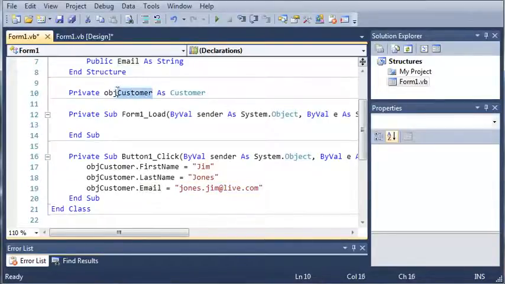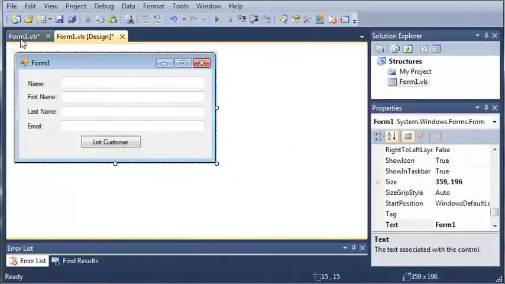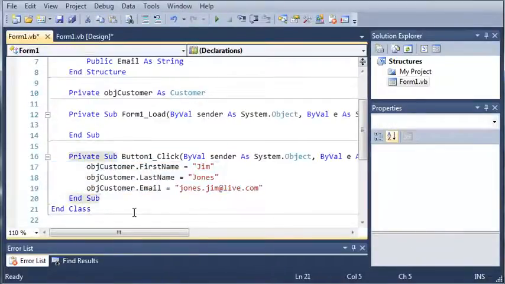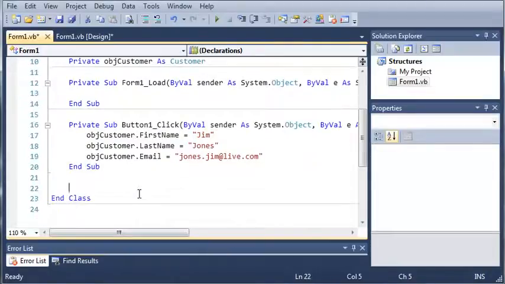Okay, so now that we have set a value for each of the variables inside of the structure object customer, let's add the customer to these text boxes right here. We could do this right under button 1 click, but we want to use a sub, because this makes it easier to reuse code, and we're not going to have to copy and paste, which is a very bad habit that you don't want to get into. So we are going to create a sub called display customer. What this is going to do is get our structure and add it to the text boxes. So we'll type private sub